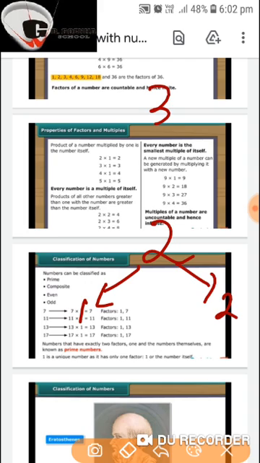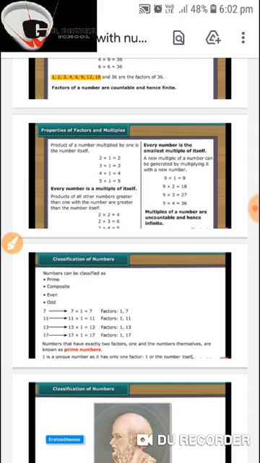The number 3 has the factors 1 and the number itself. Such numbers that have only two factors, that is 1 and the number itself, we call prime numbers. And the numbers that have more than two factors, that is, more than 1 and the number itself as factors, we